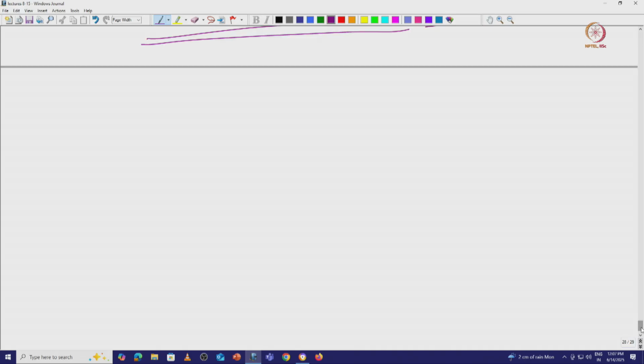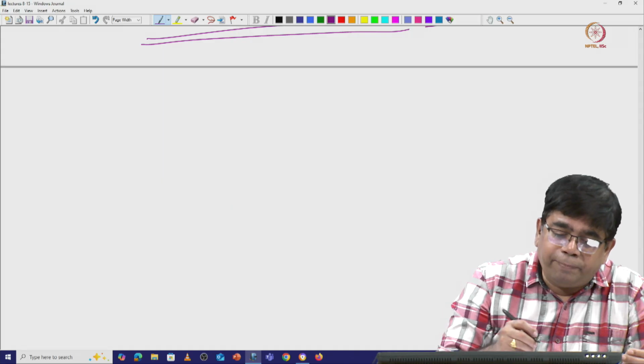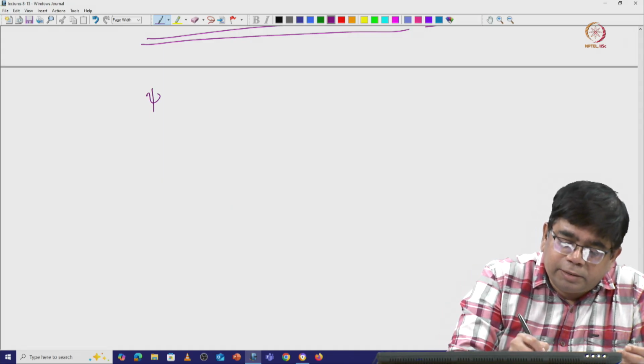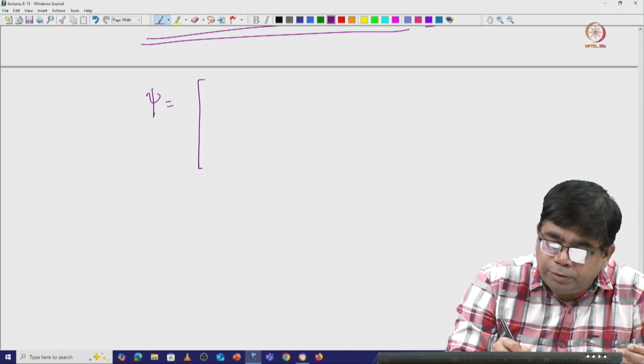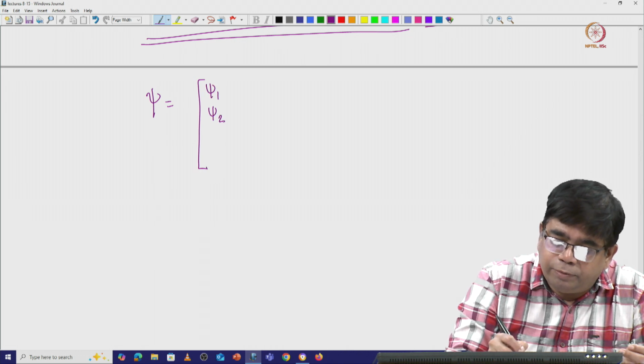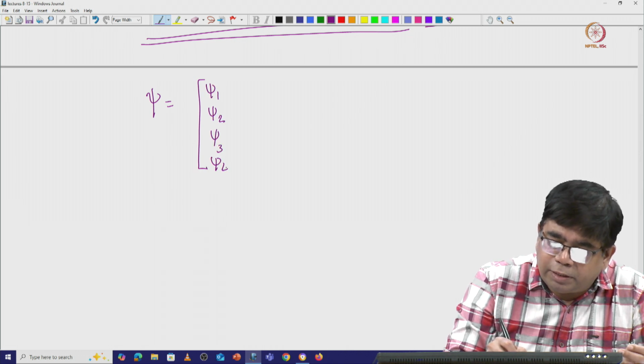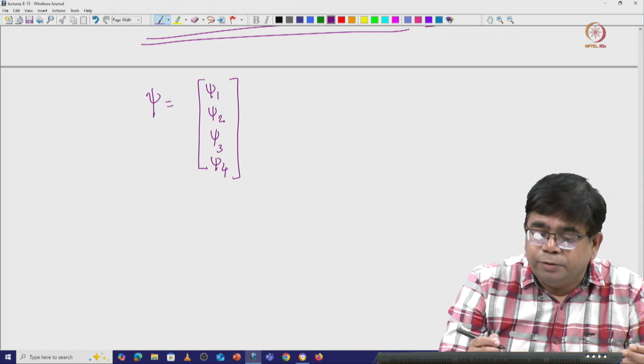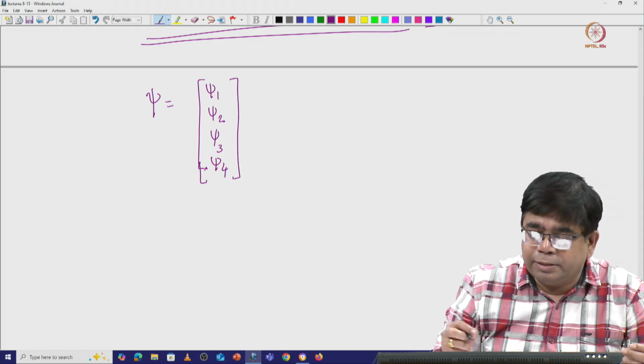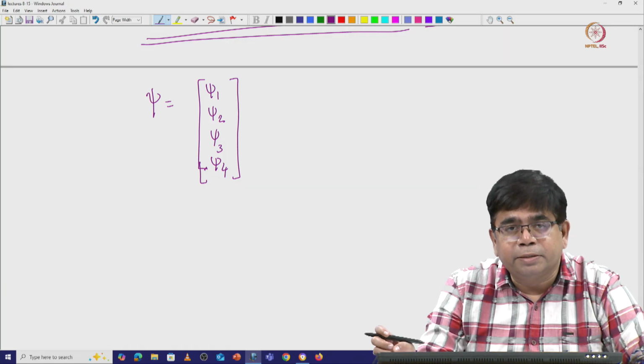Now before going to the computation of the probability density and so on, let us try to see what could turn out to be a Lorentz scalar with this wave function psi. The wave function we started with is psi, with components psi 1, psi 2, psi 3, psi 4. So this is a column vector in the gamma matrices vector space, which I have mentioned.